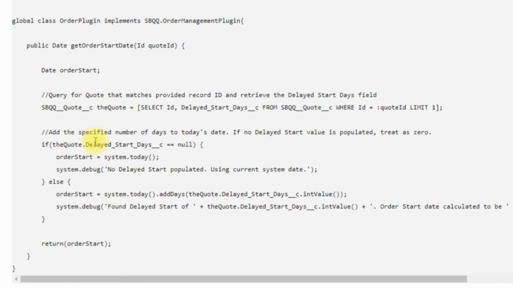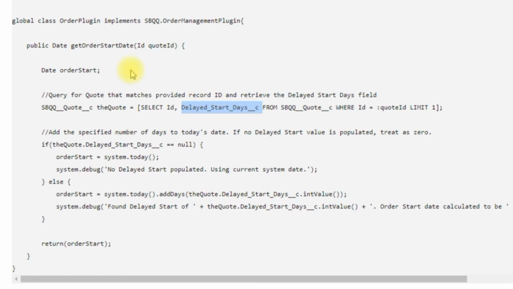As you can see in the code, it's pretty much straightforward. Only one custom field is created on the quote, just to set a delayed start date or delayed start days. We just have to create one number field on the quote, and depending on those conditions, it will return that date from this plugin.